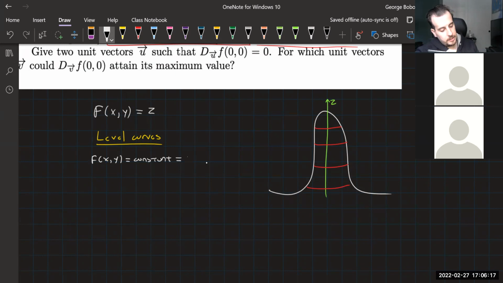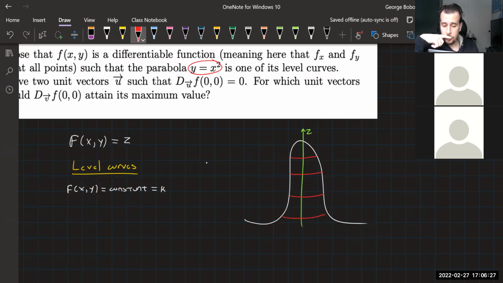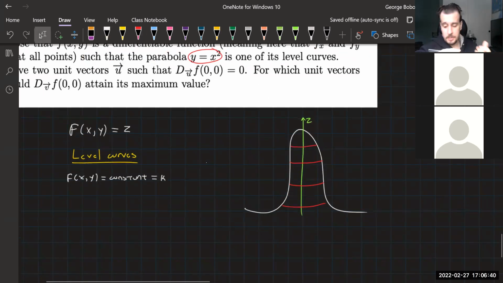And so we let it be equal to k. All right, pay close attention now. We're told that one of the level curves is y equals x squared. Huh. Could this allow us to figure out what the entire z function looks like? I'm willing to say yes, because this is now,